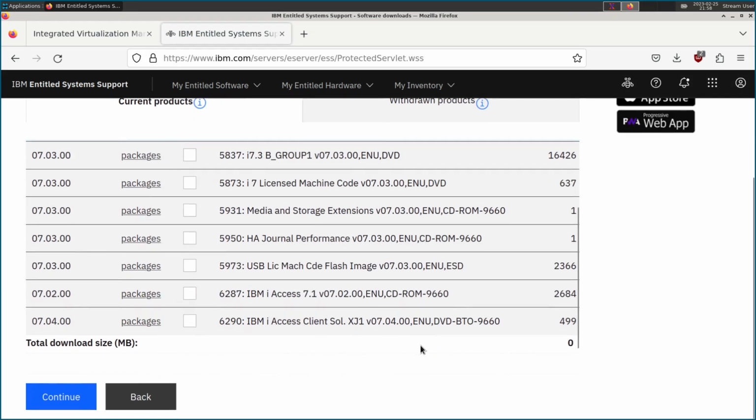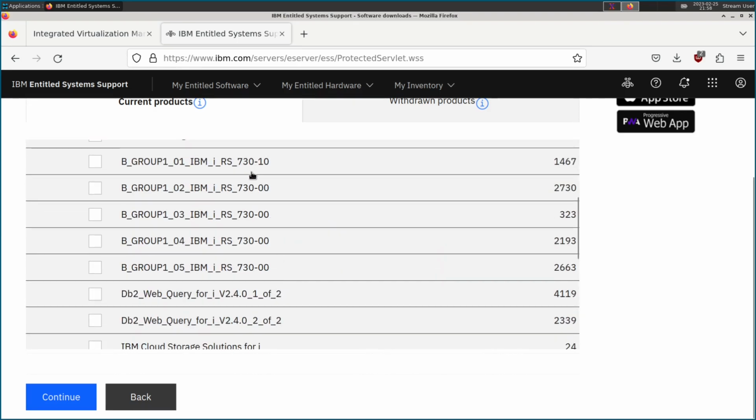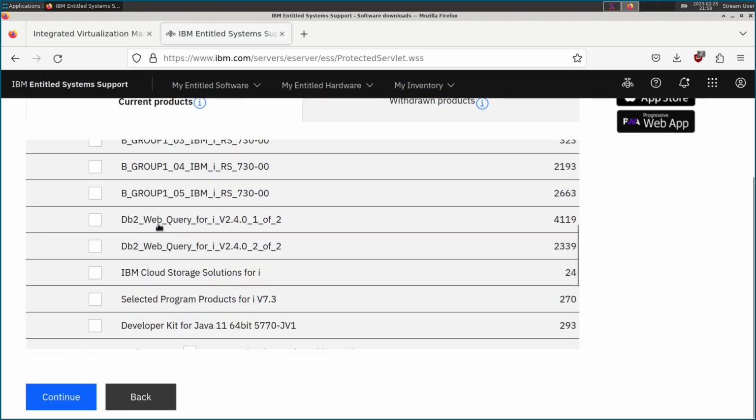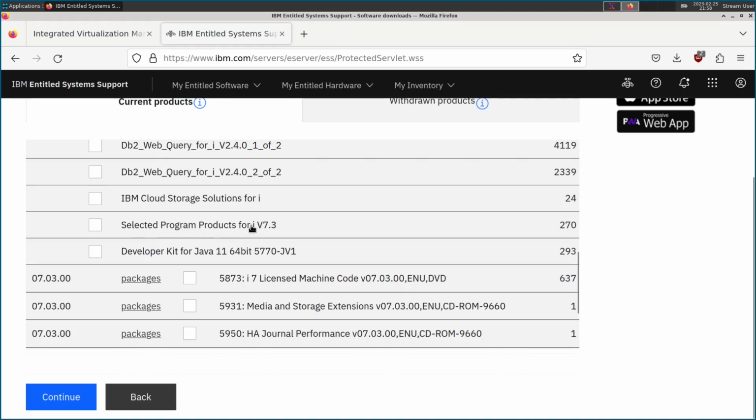And then here you get the set of options for downloading IBM i. You need the 7.3 or whatever version is appropriate, B Group 1. This is going to be a set of, I believe, 5 DVDs. It may also include things like DB2 Web Query, additional program products. This CD actually has CICS, the IBM transaction monitor system that is one of the mainstays of the mainframe world